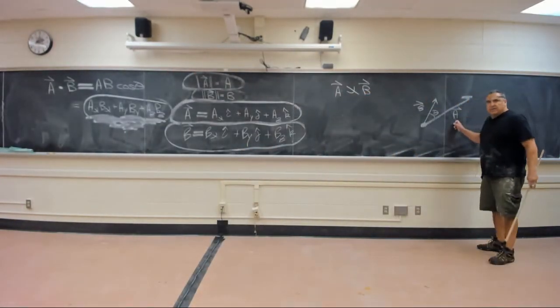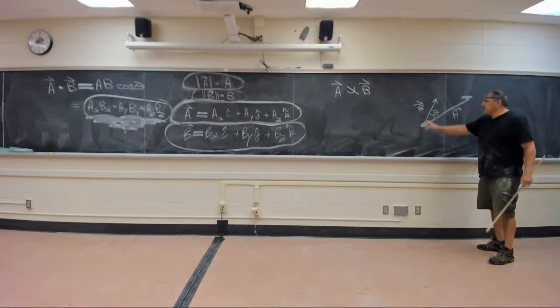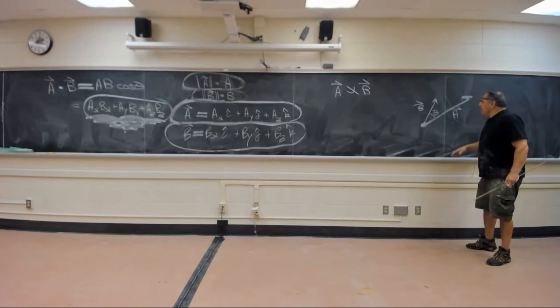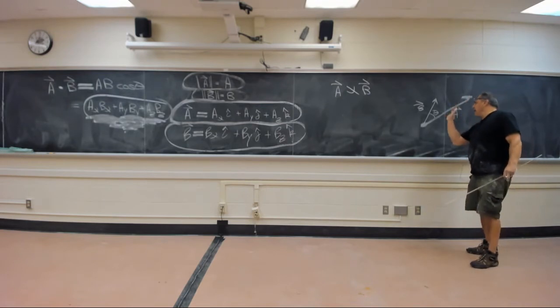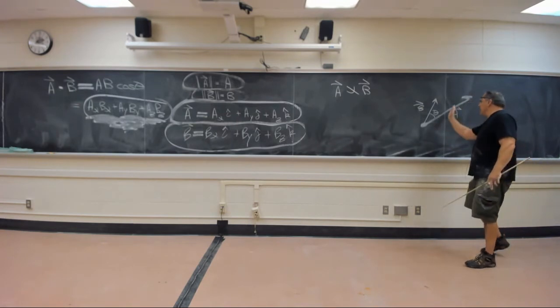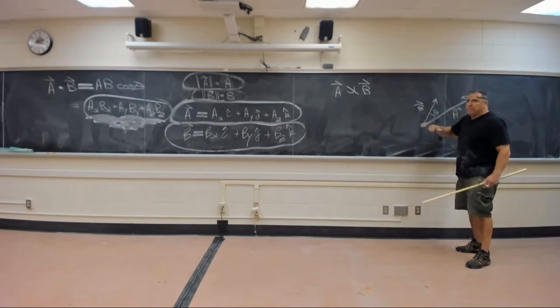This is a vector. This is B vector. You take your right hand. It's made up, but they say, okay, if it's made up, it's made up. You take the fingers of your right hand, and there's other ways you can do this, but this is the way I always teach it. It's not the only way. Point the fingers of your right hand in the direction of A vector, and then roll your fingers toward B vector. Your thumb points outward